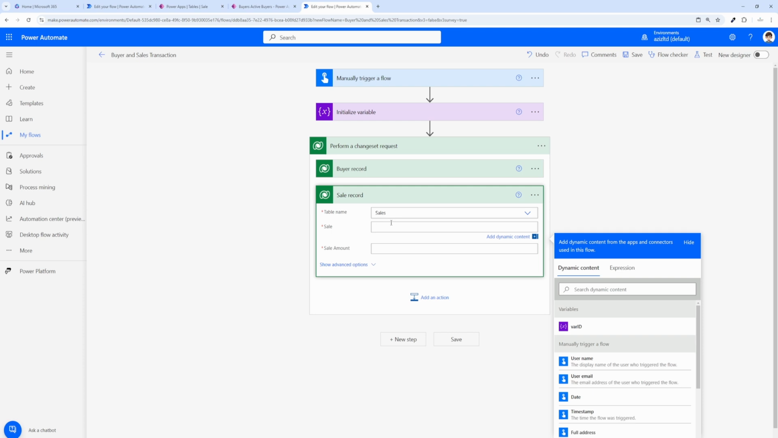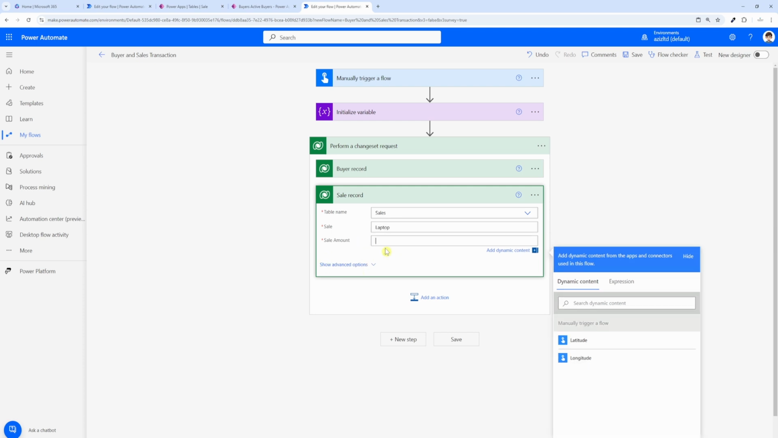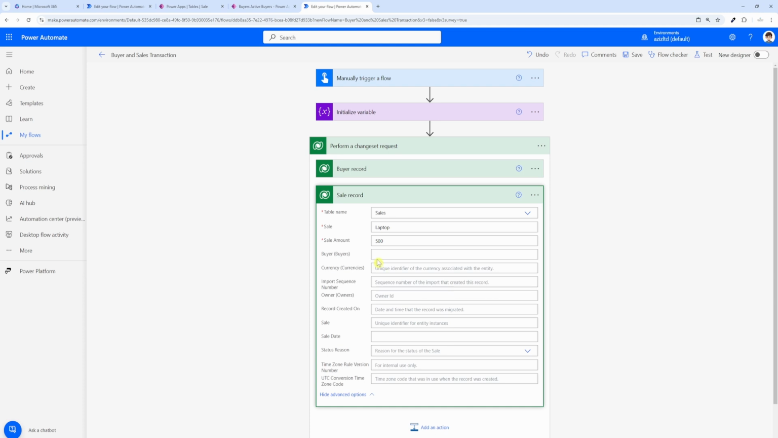I will call it laptop sale amount, let's say 500, and under advanced options we can see the other things like sale date, reason and stuff. But the only thing I'm interested in is the buyer. So we can look up to the buyer record. Now for this lookup column for the buyer in the sales table, we need to get the schema value from